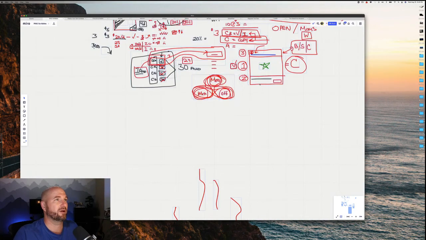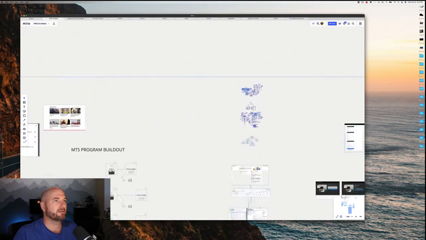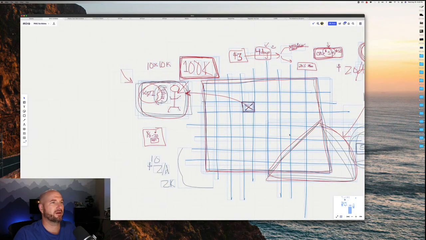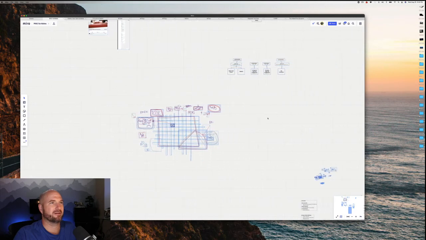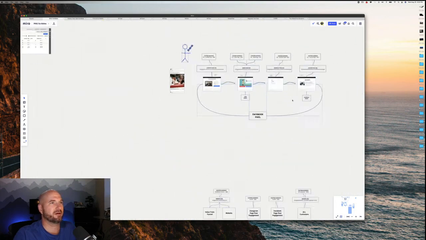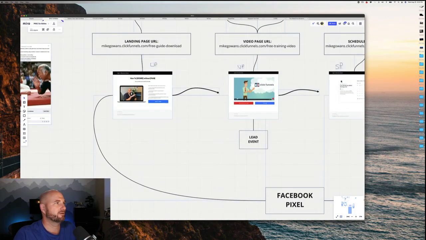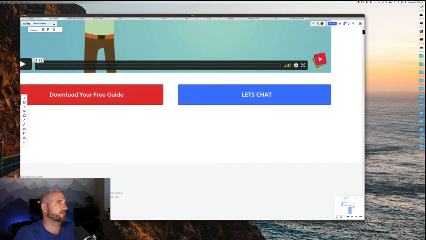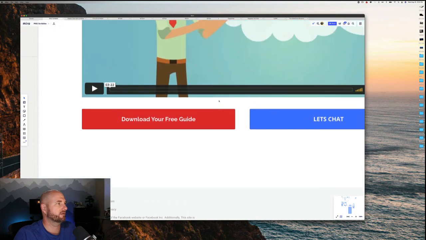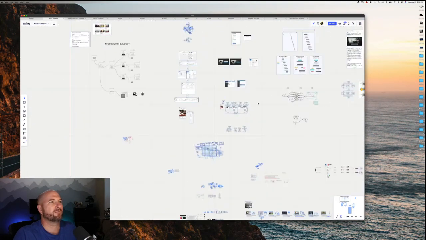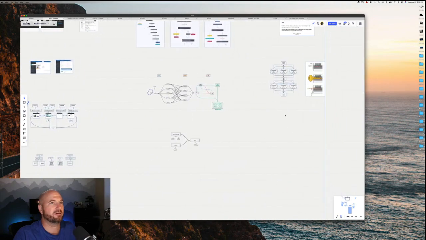Here's a bunch more maps. Look at all these little drawings, right? Here's some more stuff. I was explaining how the targeting worked. Look here: how to do custom audiences, your funnel, the website. Here's the classic funnel: landing page, get the email, video, right? Oh, look, deliver the PDF. Let's chat. This was from 2020. So anyhow, what I'm trying to get at is,